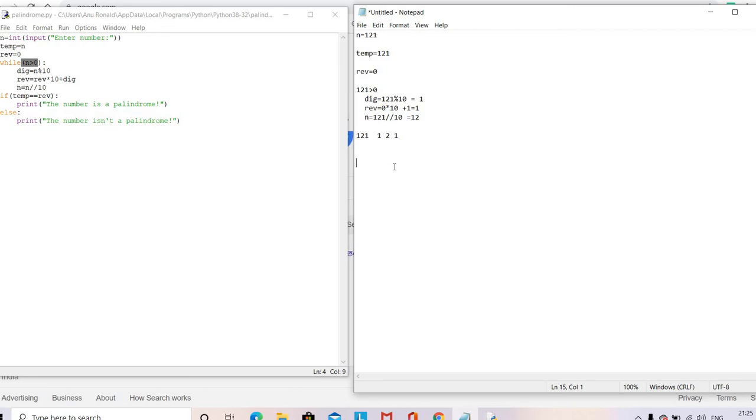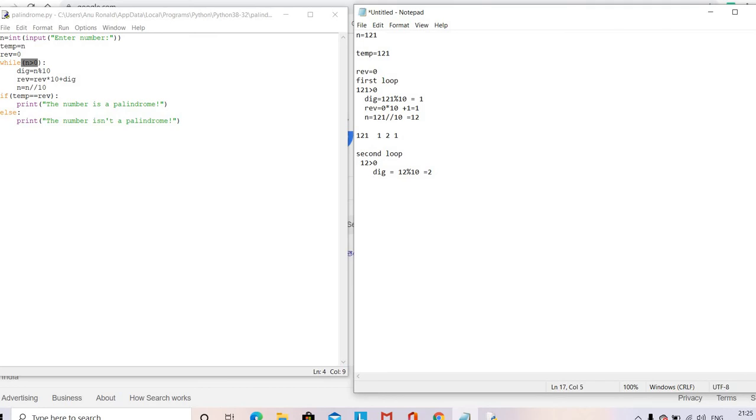So this is the first loop, I'm writing it here. In the second loop, what is happening? N becomes 12. The condition is true, 12 is greater than 0. Then we do digit equal to n mod 10. So digit becomes 12 mod 10, and you got the answer 2.